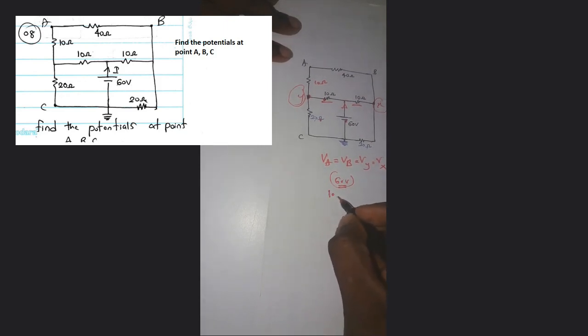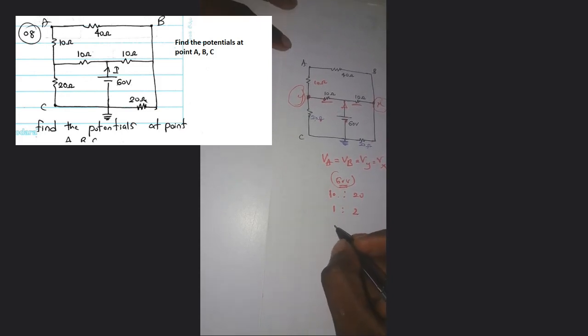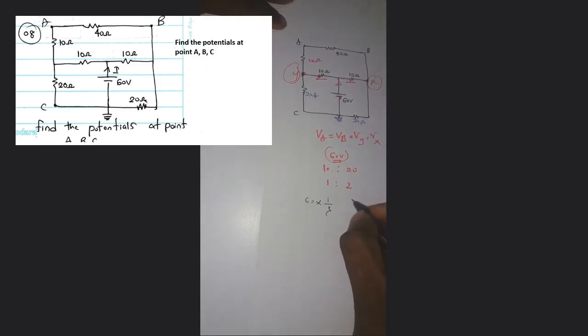So 10 is to 20 ratio, so 1 is to 2 ratio. So if you take the potential ratio, 1 over 3 into 60 and 2 over 3 into 60, we are getting 20 volt and